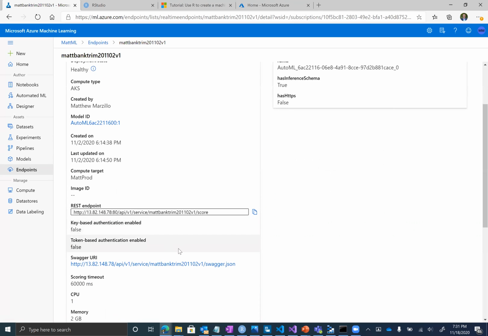you can see here we have this API endpoint, right? And for any of you who've ever hit an API endpoint, it's pretty straightforward. And even if you haven't, you could probably Google how to hit an API endpoint from Python or R, and it's not difficult at all, right? To pass data in and get some sort of prediction back.